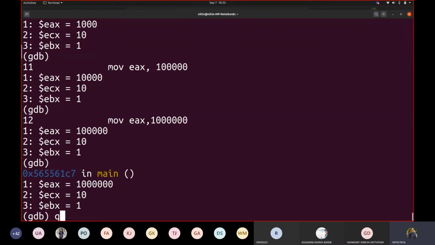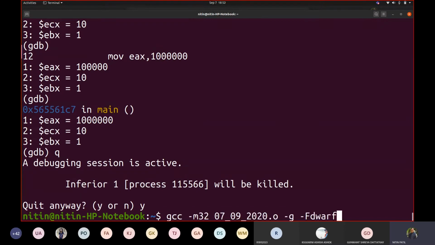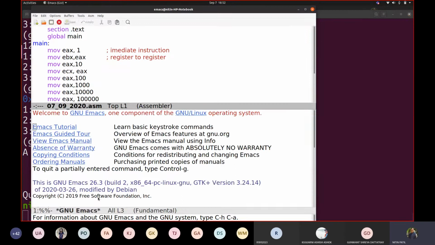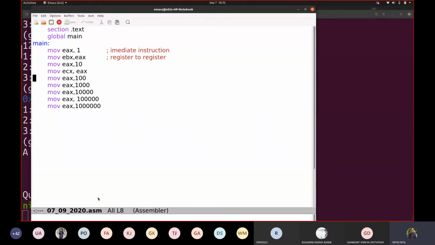We haven't moved to other registers, so that should not be a problem for you. Now one important thing, while we use these registers, you have to note that you are going to make use of only these registers in your code: EAX, EBX, ECX, EDX, ESI and EDI only. Fine. The rest of the registers like EBP and ESP are used internally. So we'll be talking about it after a while.